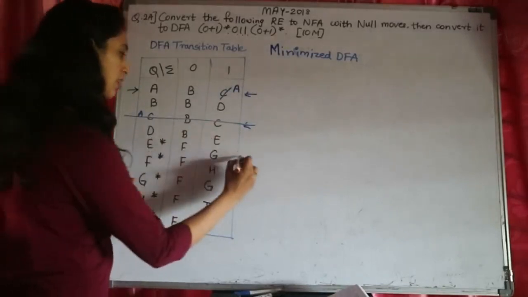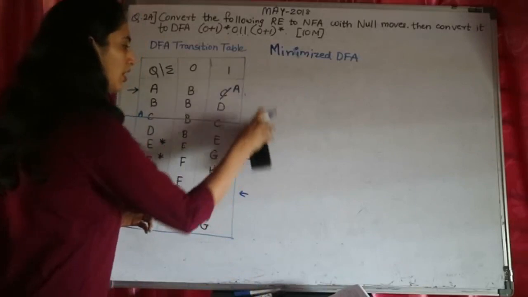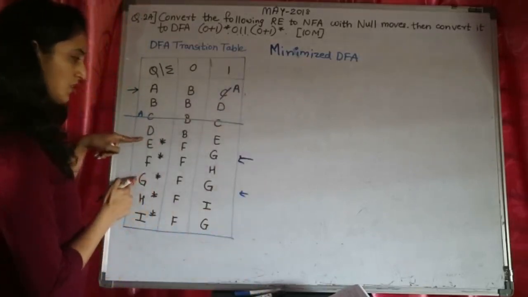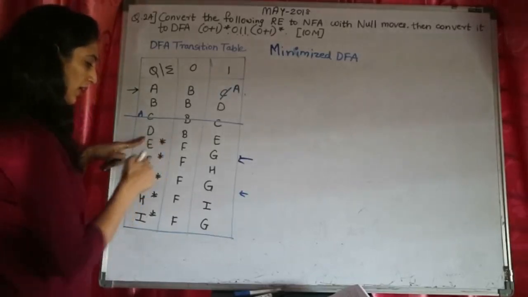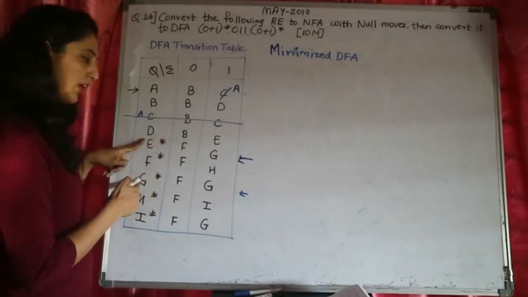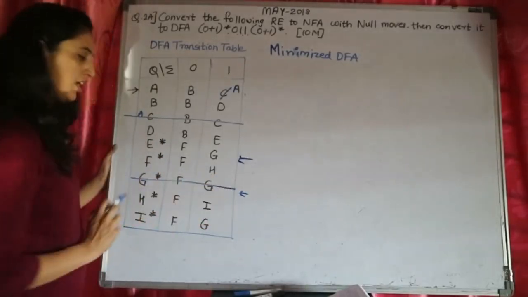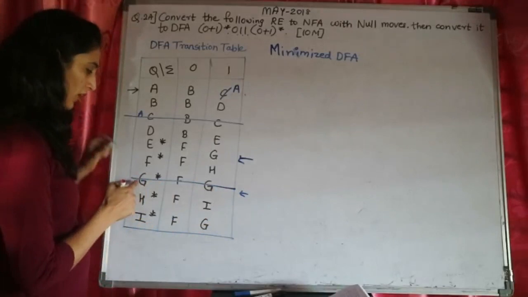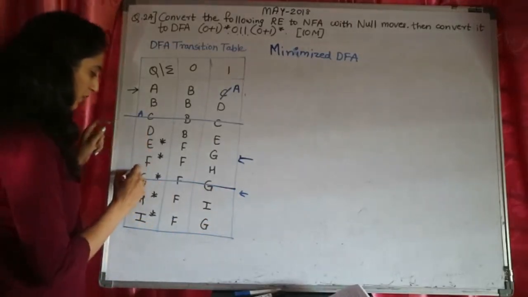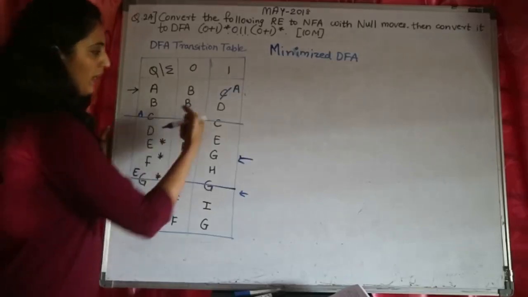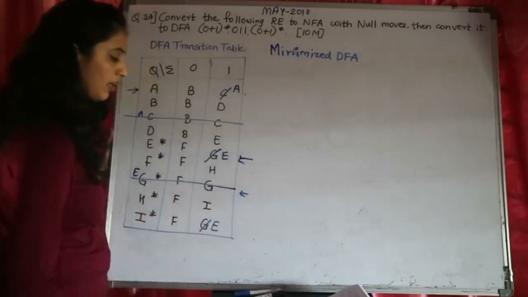What we can do is, we have just marked these two states. Now we'll cross check whether these two states are both final or non-final. Yes, both of them, E and G, are final. So then we can minimize one of them. Let's minimize state G. When we are cancelling G, it is supposed to be replaced with E because we matched it with E. So replace G with E. Wherever in my table I have G, I'll replace it with E.